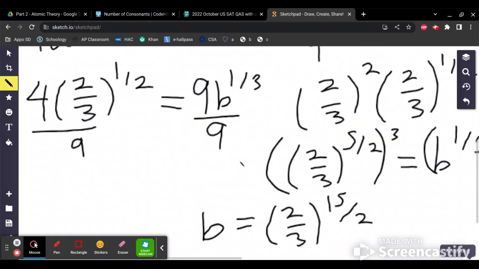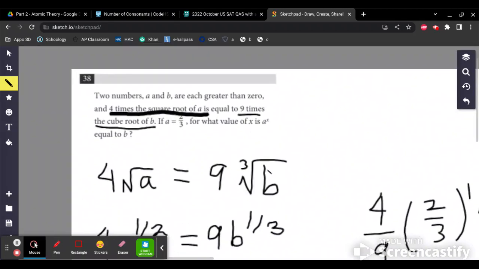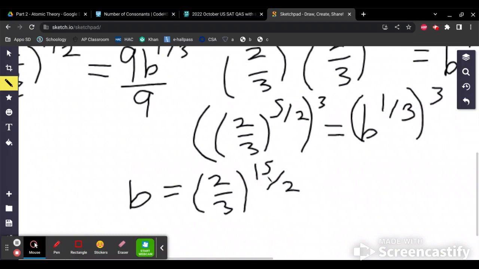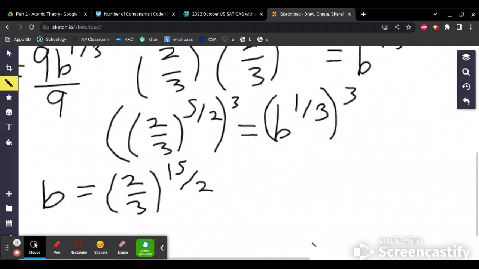And it asks basically a to the what power is equal to b. If a is 2/3 and the power is just 15/2, so the answer is x equals 15/2, or if you want to rewrite it as